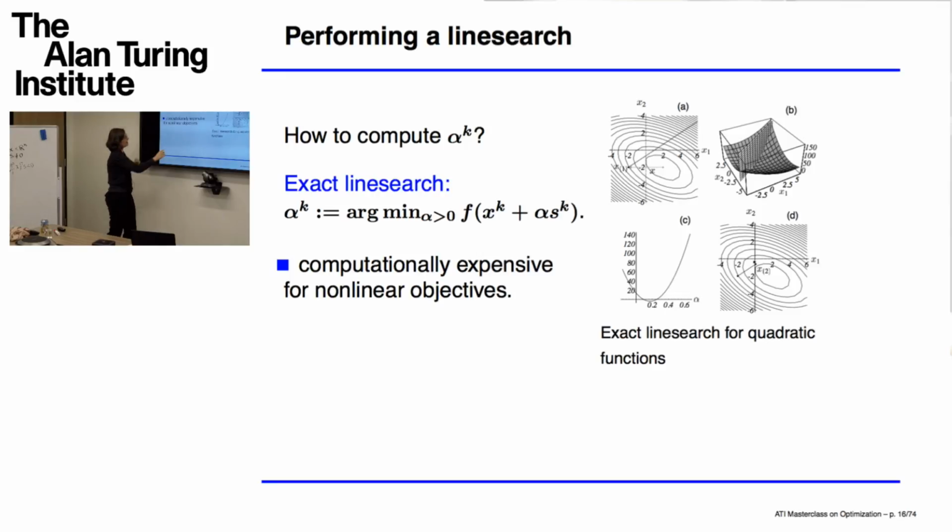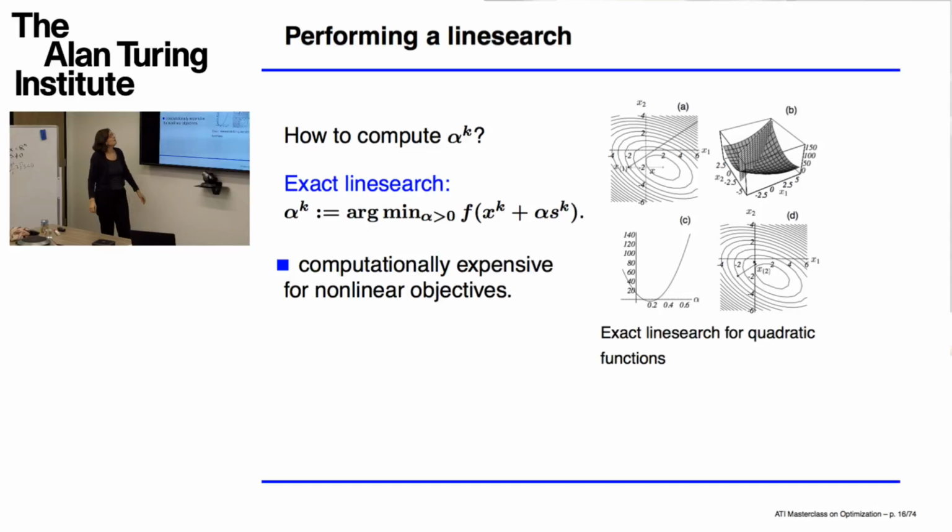So if I have my sk, then I could compute my alpha k, say, by what's called an exact line search, where I minimize my function along this direction. So I've reduced my n-dimensional minimization to a 1-dimensional minimization per iteration. But in the case of nonlinear functions, this is still potentially very expensive. So this is essentially never used in practice unless you have, say, a quadratic function where you can compute this exact line search